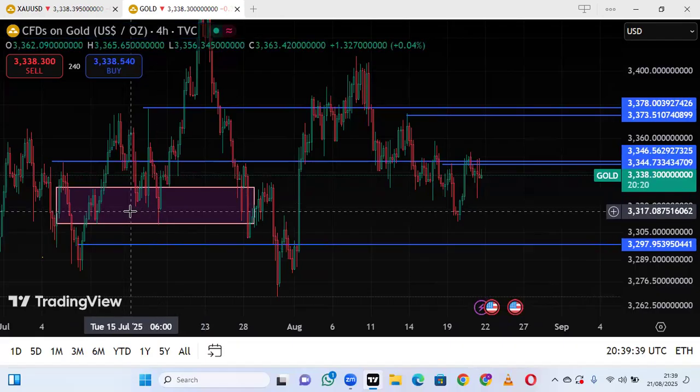The refinement means narrowing down into the smaller time frame in order to take your entry, which I've already explained. So you can use this strategy in any other currency pairs, either